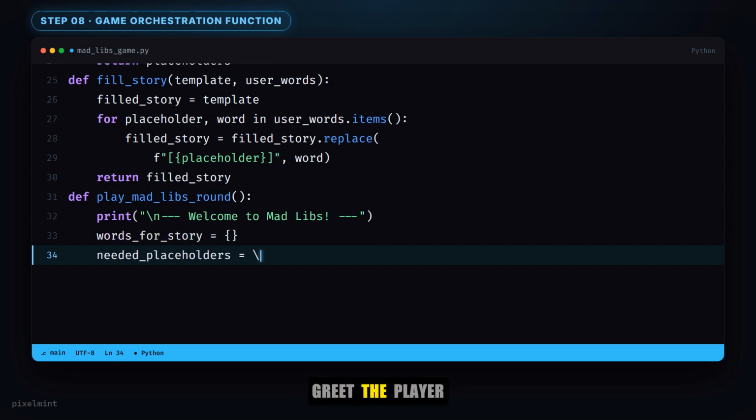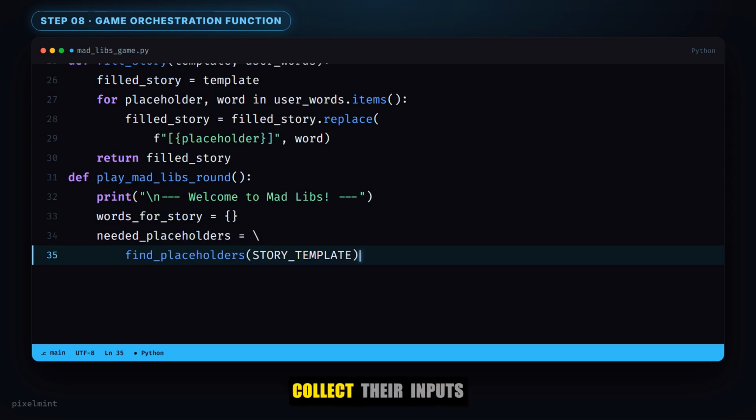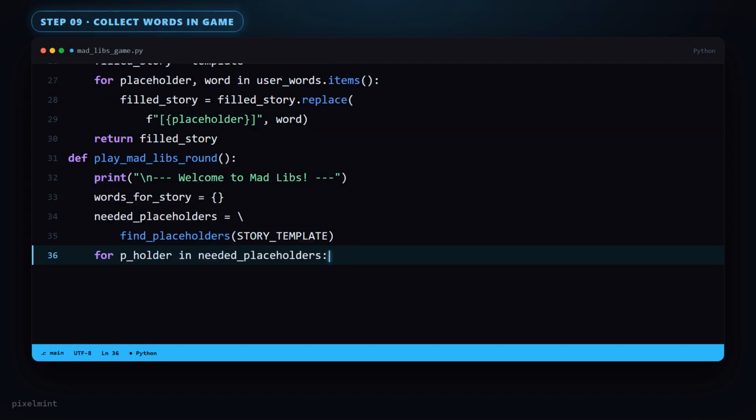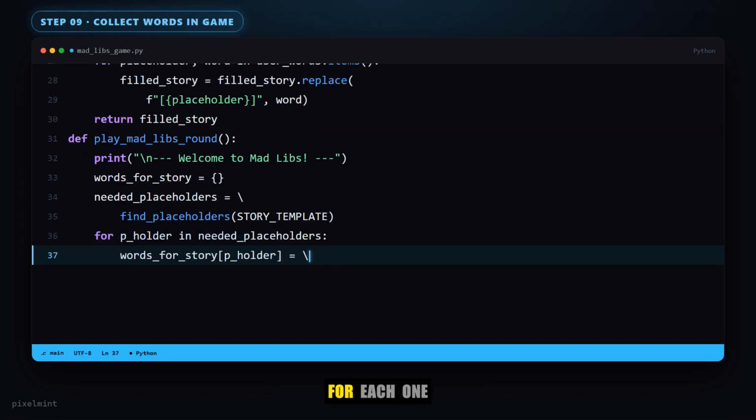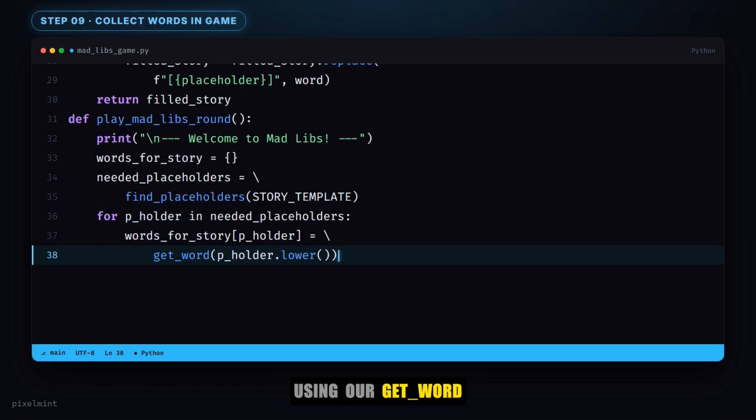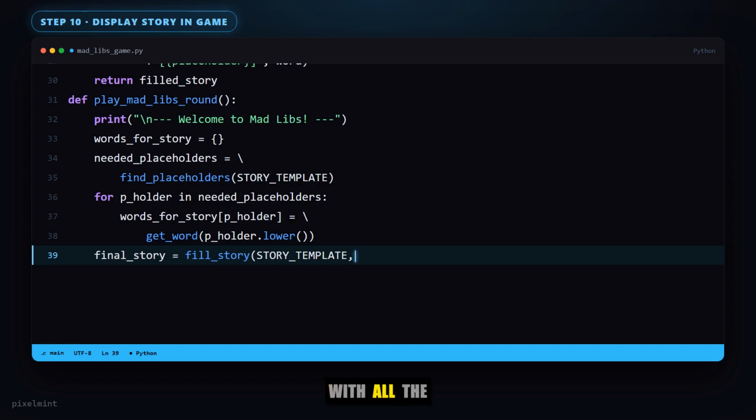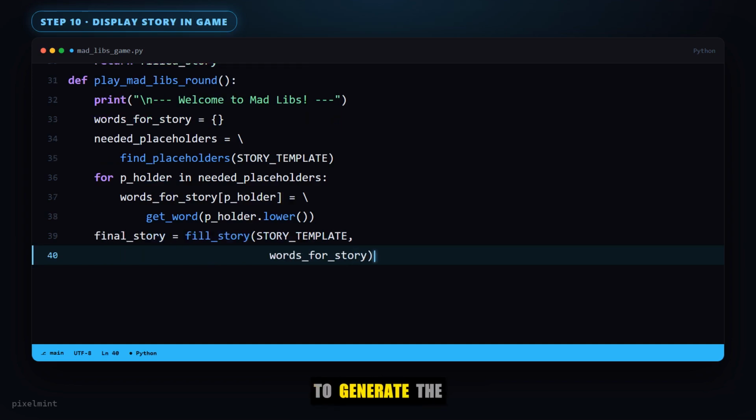This function will greet the player, find all the placeholders in our story, and prepare a dictionary to collect their inputs. Next, we loop through all the unique placeholders we found. For each one, we ask the player to provide a suitable word using our get_word function, storing these inputs in our words_for_story dictionary. With all the words collected, we can now use our fill_story function to generate the complete Mad